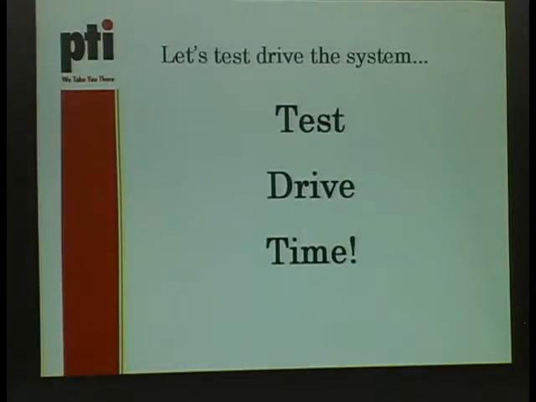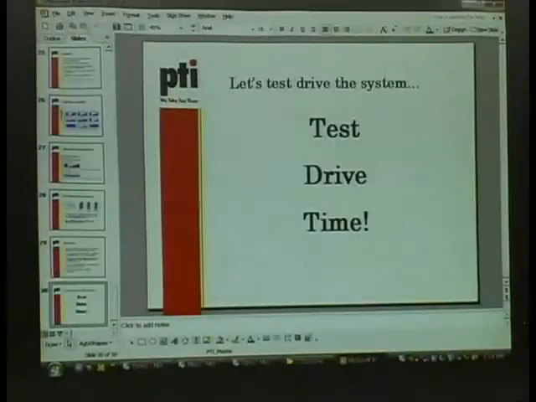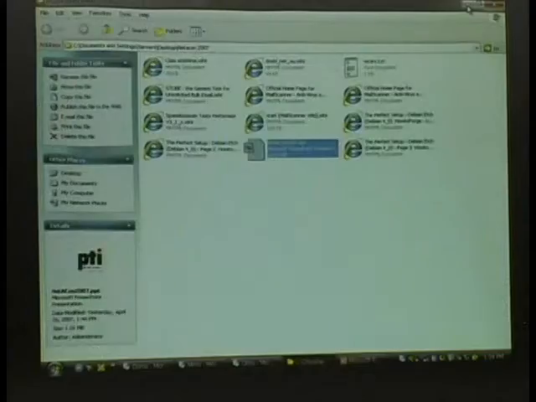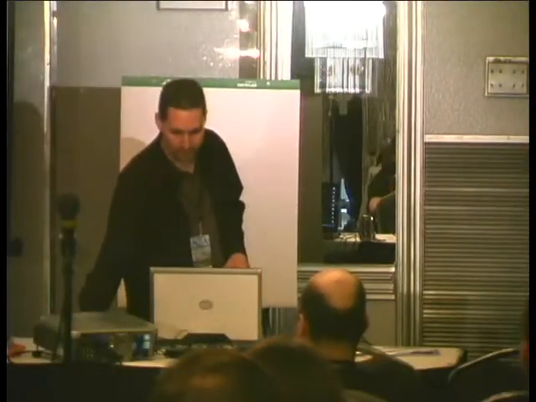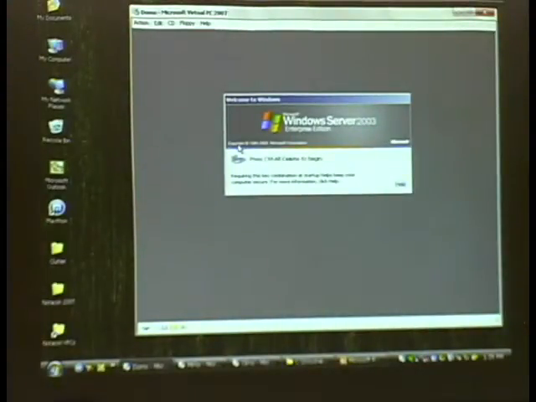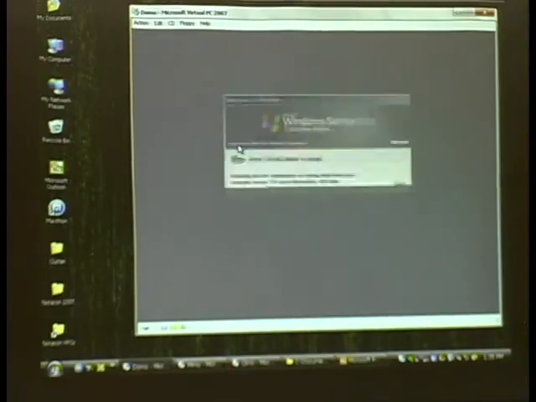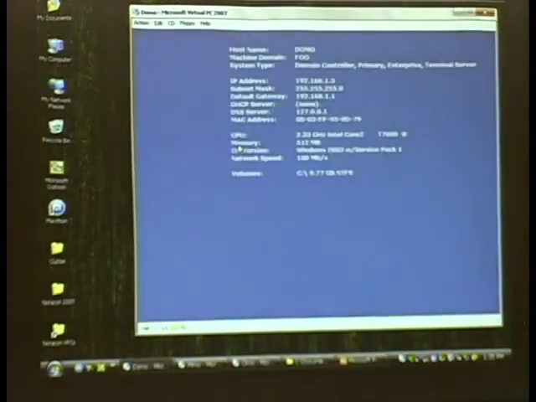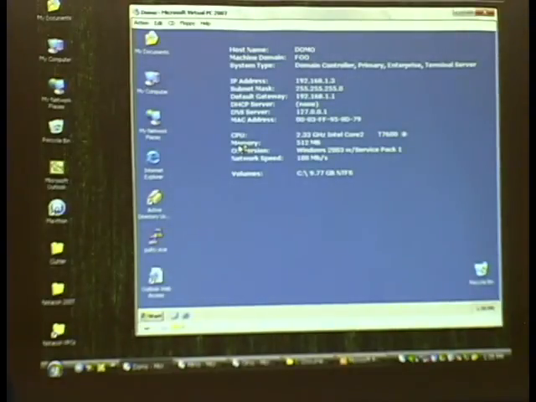So let's test drive the system. One of the things I do as an instructor is run multiple computers at once, and I don't know how many of you are familiar with the buzz term of virtualization or virtual PC, but I love virtual PC. I like VMware too, but virtual PC is free, and it's by Microsoft. It works with all their Microsoft products, and it works with Debian too. What I have running here is Domo, which is the domain controller and exchange unit. These are all local on the machine. They all have an RFC 1911